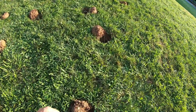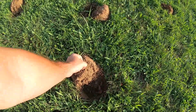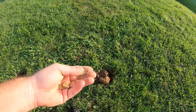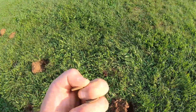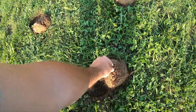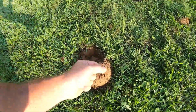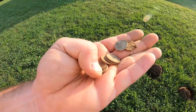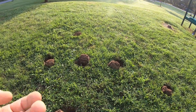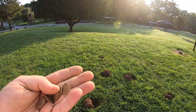And you can see it got a dime here, penny, or no, another dime. Here's a penny, here's a penny, here's a penny, here's a dime, here's a penny, and here's a very chewed up penny. So that's what, 3, 6, 8, 9 targets. Out of the 9 targets I dug, I thought they were pennies and 3 of them